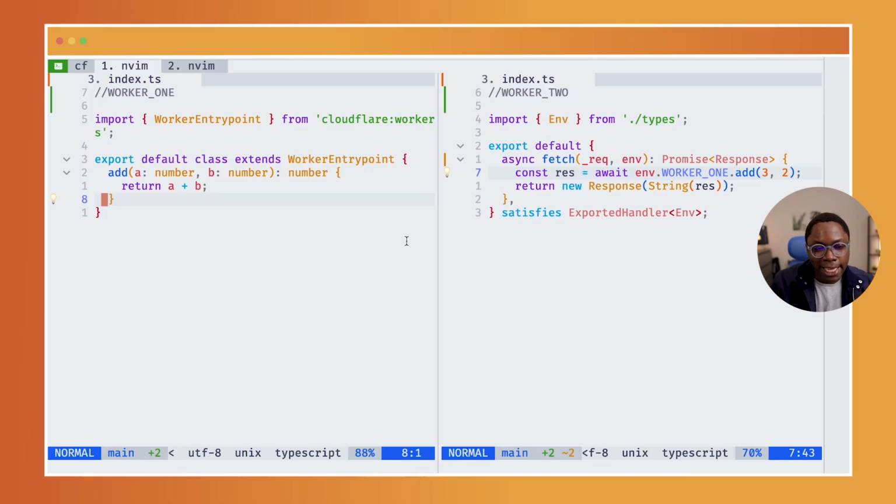So looking at my IDE, I have two workers that are connected using RPC. On the left here, I have worker 1, which we will refer to as the server. Worker 1 implements an add function that takes two numbers and adds them together. Very simple. Then worker 2, which is the one to my right, and here we have the client, which consumes